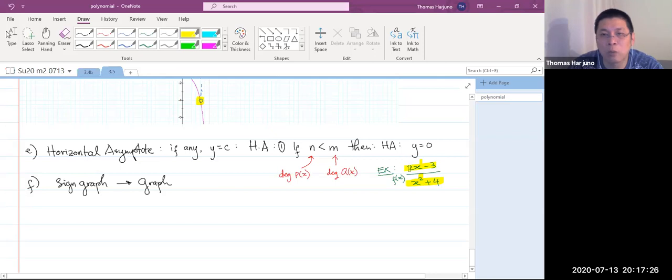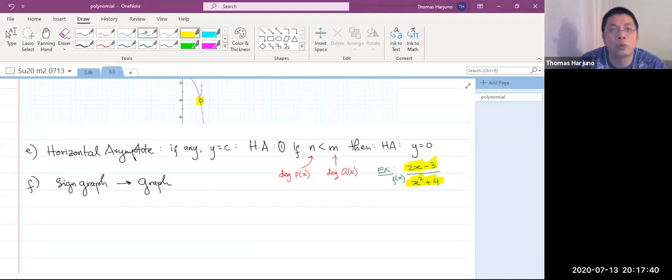Okay. Likewise, when x is a very large negative number, this becomes large, and this becomes even larger. So a large number divided by something even larger becomes 0. Or we can do the